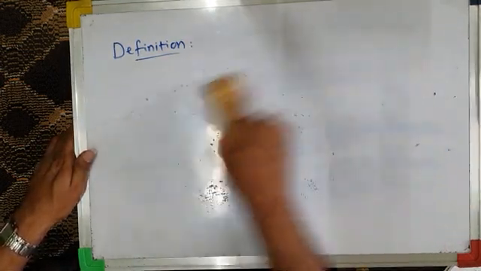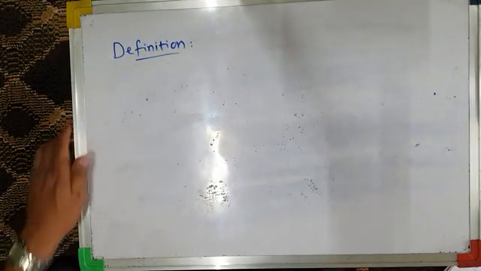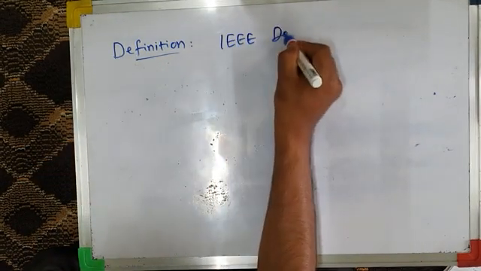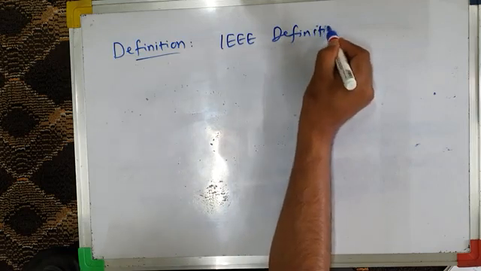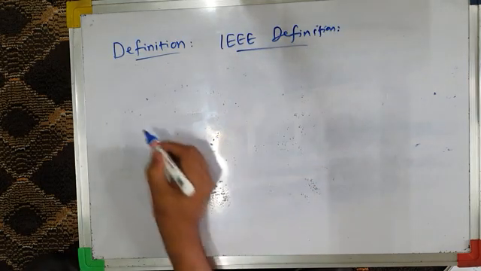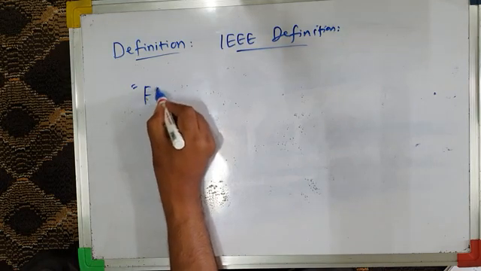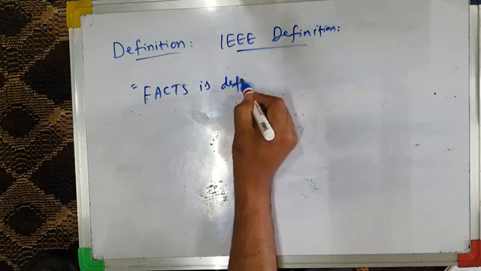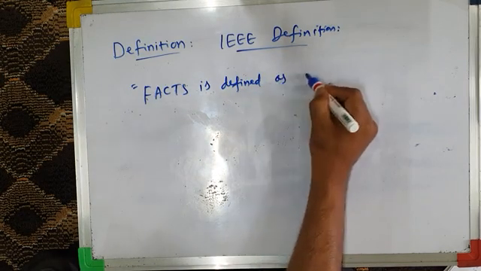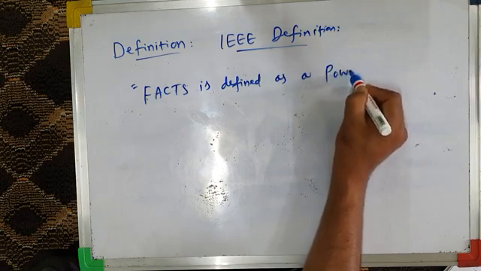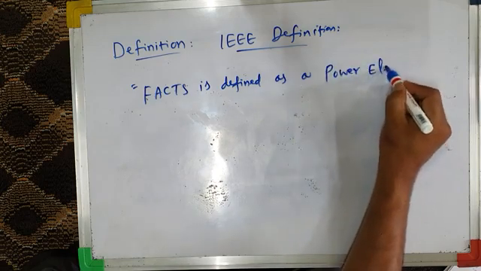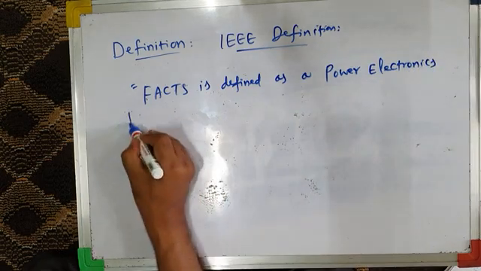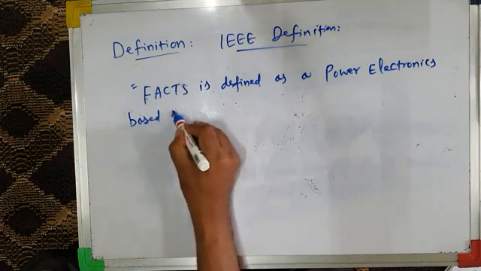IEEE has also given its own definition of FACTS. I will write the IEEE definition here. IEEE defines FACTS like this. FACTS is defined as a power electronics based system,